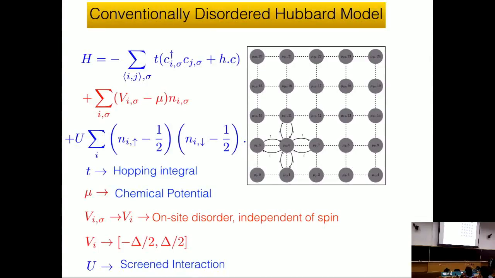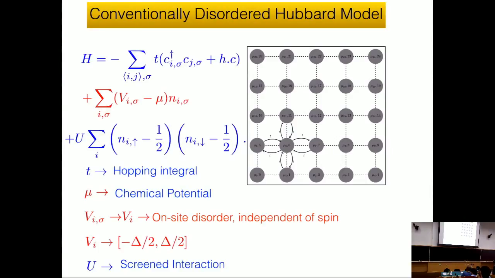correlation physics should look like. So what this has been discussed ad nauseum in this conference, but let me just go through the fundamentals of this Hamiltonian once again. So what I have is a hopping part, essentially that is controlled by this hopping integral